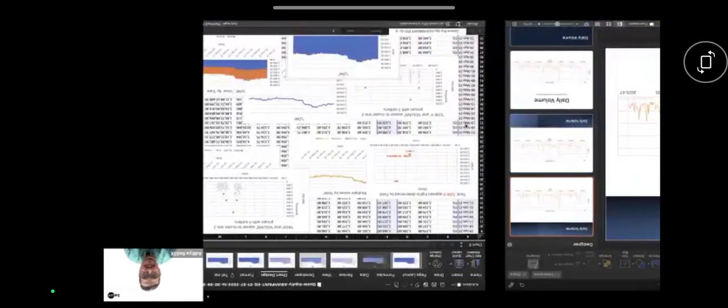Drop in "magic" in the chat box if you feel that this is absolutely magical stuff which is happening. All of these analyses are done for me, and I have been able to create this sort of Excel dashboard inside Microsoft Excel itself in a matter of one click. So guys, this was about how to create a dashboard inside Microsoft Excel.